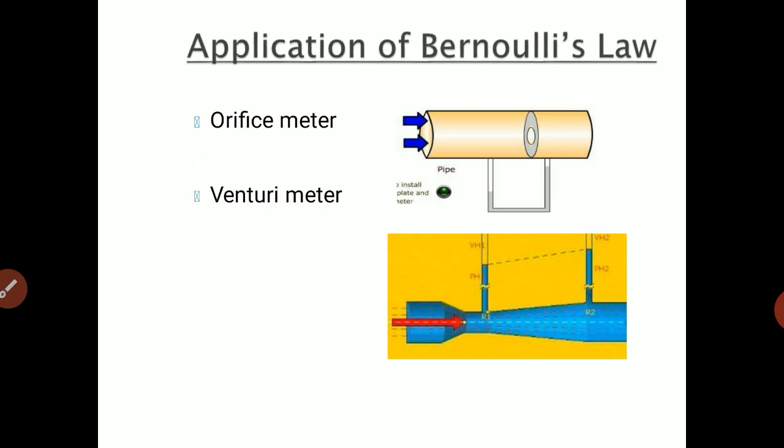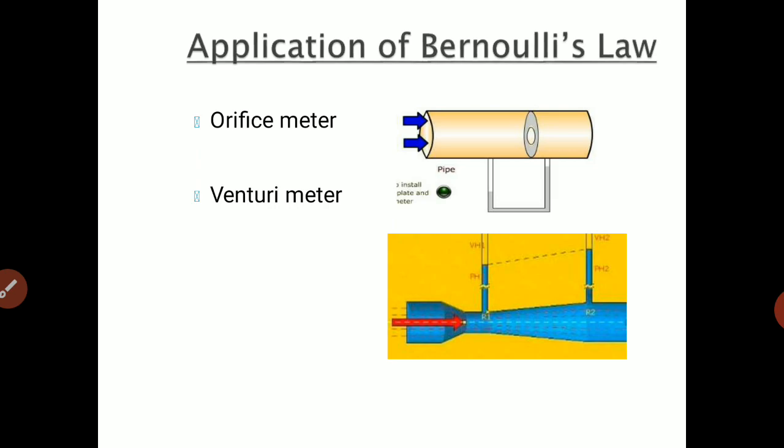Okay, so we are going to use the apparatus and find the velocity or the flow pattern of that particular flow. These are the flow measuring devices: venturimeter, orifice meter, rotometer, pitot tube. These are the discharge and velocity measuring devices, and for these devices Bernoulli's principle is applied. Is it clear?